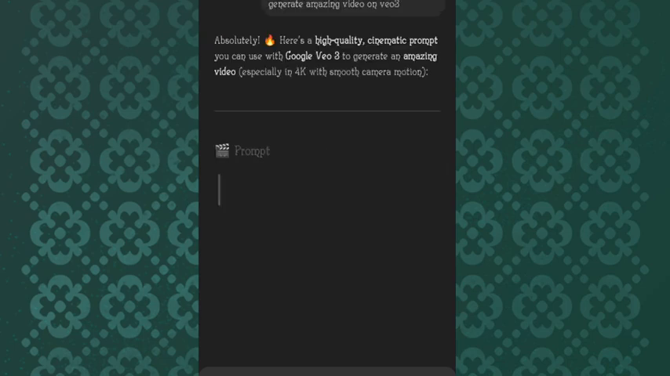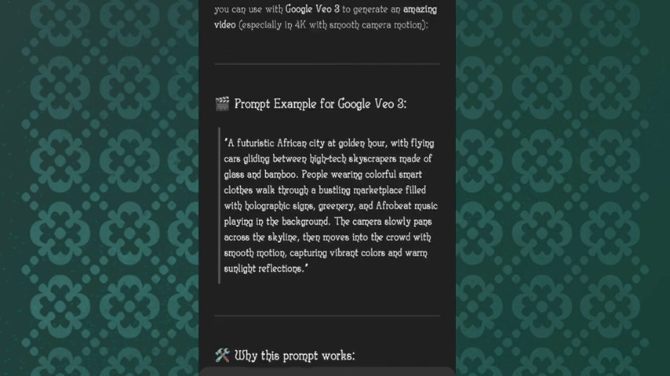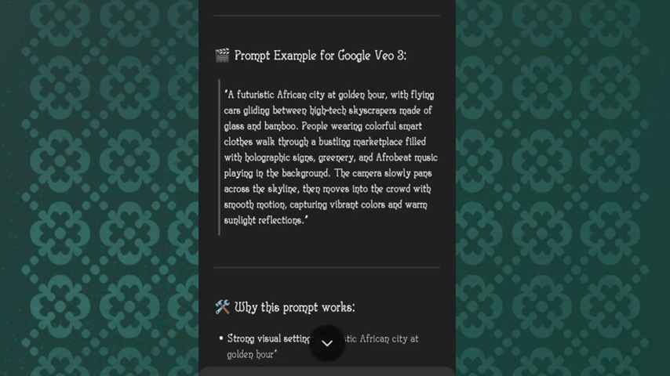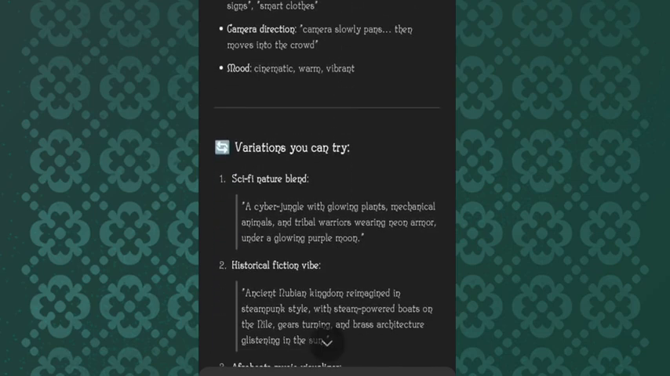Now it is working. Now, as you can see, it's an absolutely high quality cinematic prompt you can use. So right now, as you can see, ChatGPT just generated a prompt for me, which I can use to create videos on VEO3. So this is what I want. Now, the next thing I'm going to do, I will say, okay,